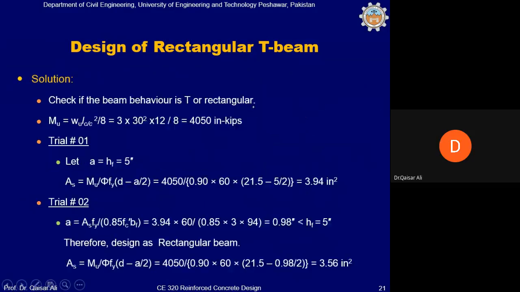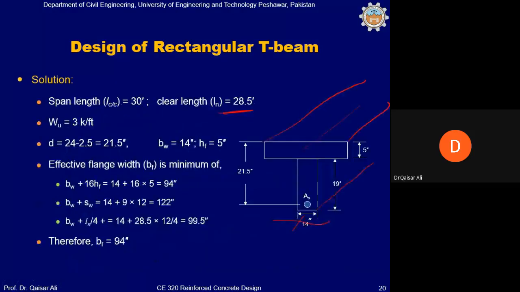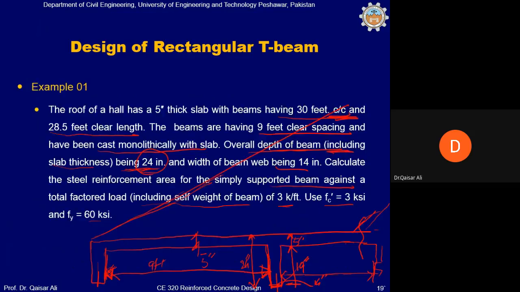अच्छा, अब जब सारा डेटा आपके पास आ गया तो व्हाट इज डिफिकल्ट? द डिफिकल्ट इज टू जस्ट कैलकुलेट द फ्लेंज विड्थ, बाकी कुछ भी इसमें नहीं है, बिल्कुल वही तरीका है जो पहले आप लोग करते आ रहे हैं। हमें इसमें अल्टीमेट लोड डायरेक्टली गिवन है, अगर आप स्टेटमेंट ऑफ द प्रॉब्लम देखें।